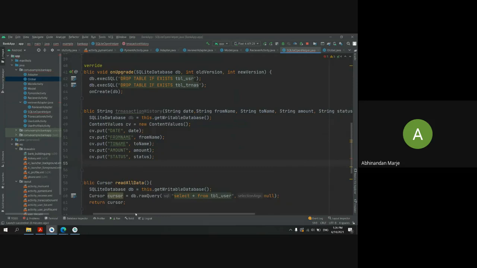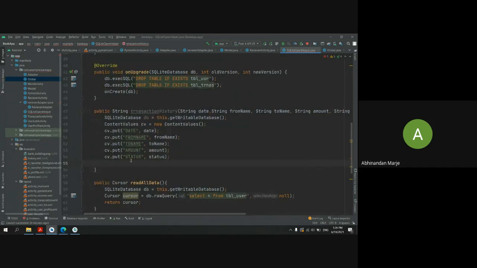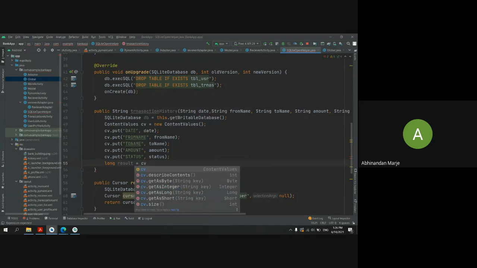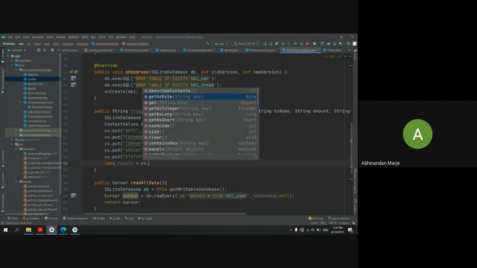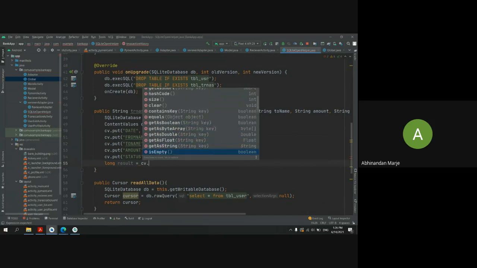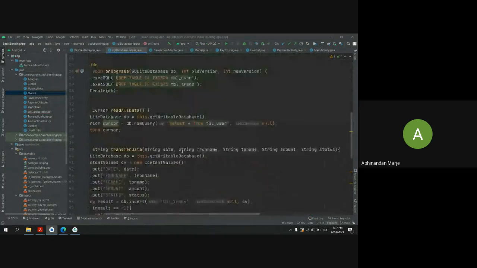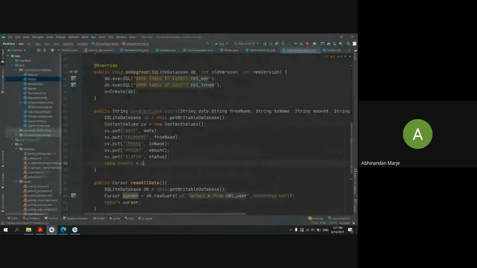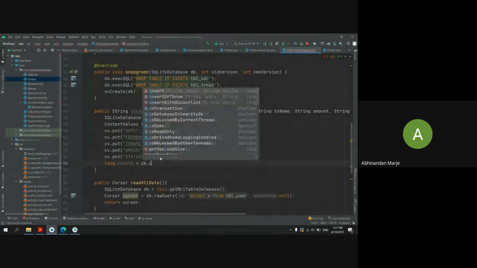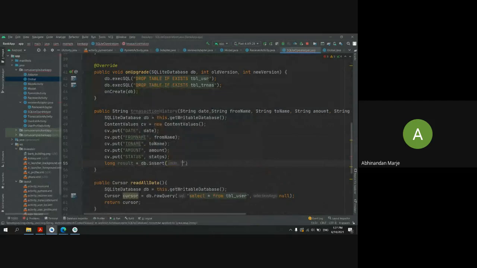Once it is complete, I want to take some result, whether it is successful or not, so I'll mention a long result equal to insert. Let me check the method one time. The first thing will be our table name.